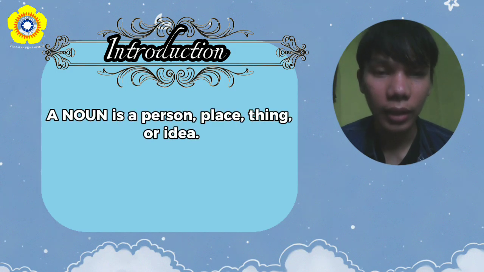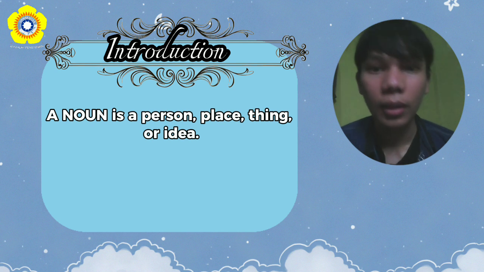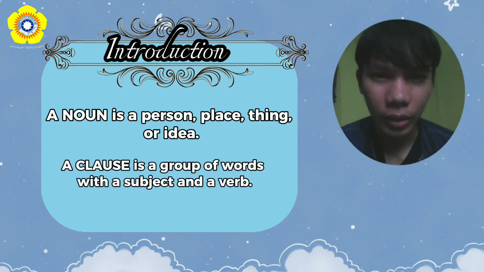A noun is a person, place, thing, or idea. It can be a single word like pizza or knowledge. A clause is a group of words with a subject and a verb. An independent clause is a full sentence. A dependent clause can't stand alone. It needs a main sentence to support it. For example,